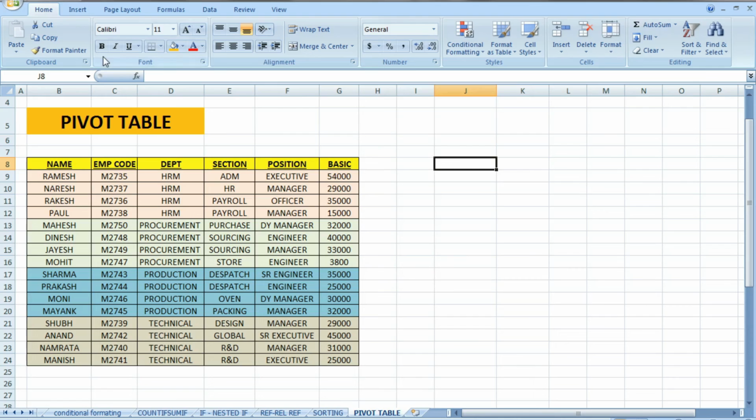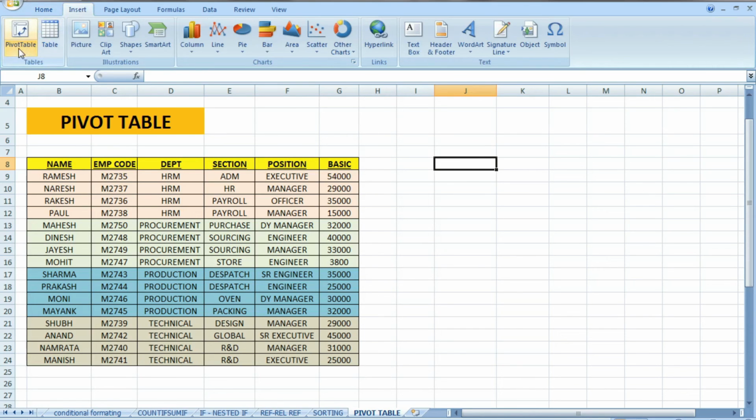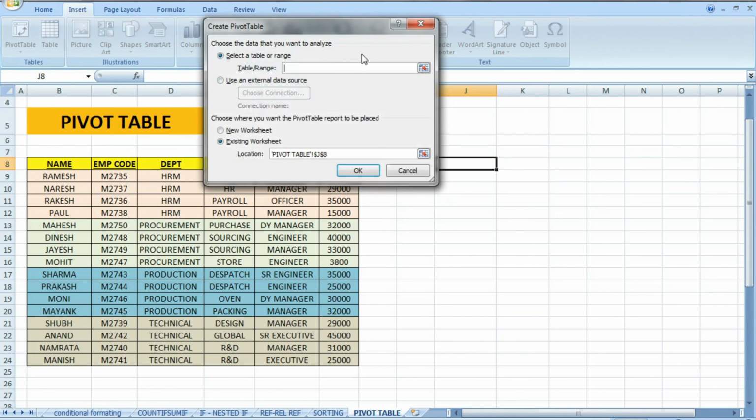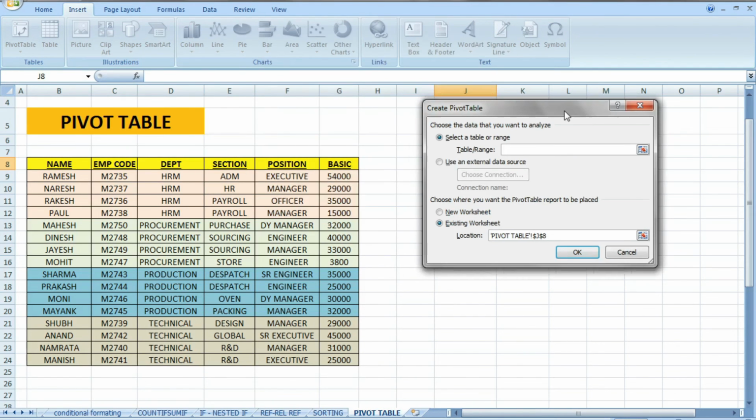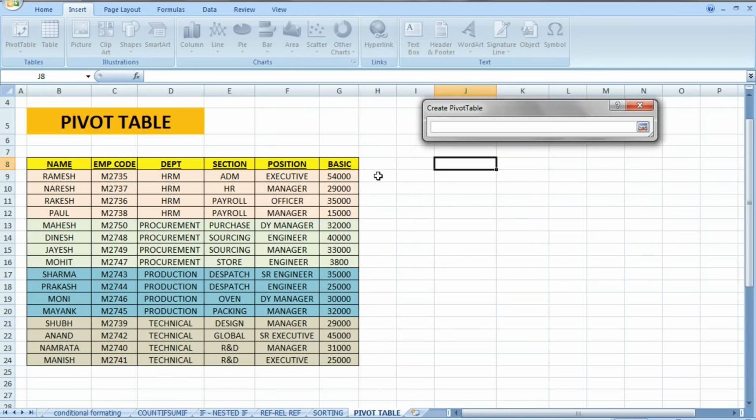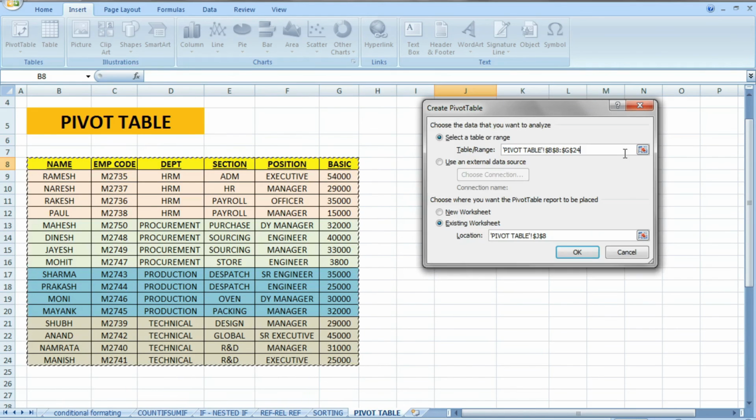For this you have to go to insert and then pivot table. Okay, now we have to select the table here. This is the table I have selected, and say enter and select new worksheet.